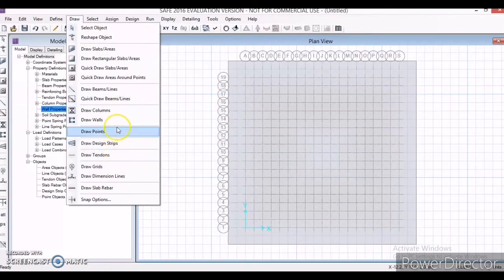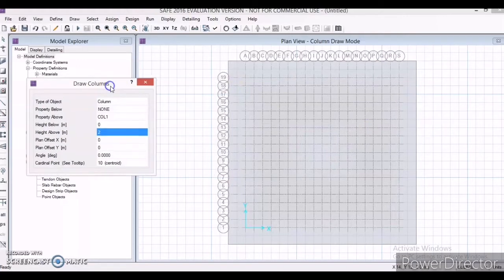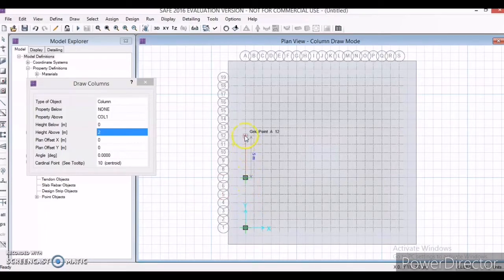Now I need to draw the columns as well. So go to draw columns and make property below to none and make property above to column 1, and height below will be 3 and height above will be 2. And now place your columns with 6 meters of gapping, right? 6 meters of gapping, and these are your column 1. It means 500 mm by 500 mm. Yeah, now we got our column 1, and now